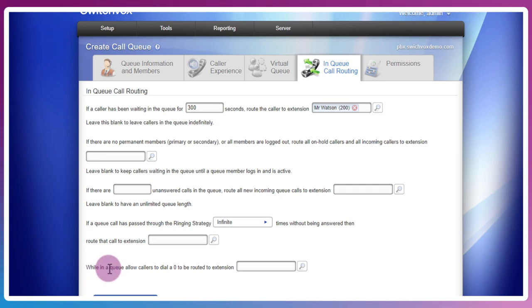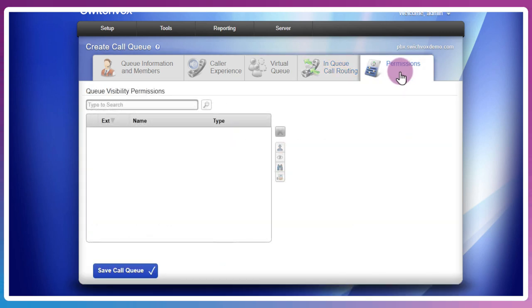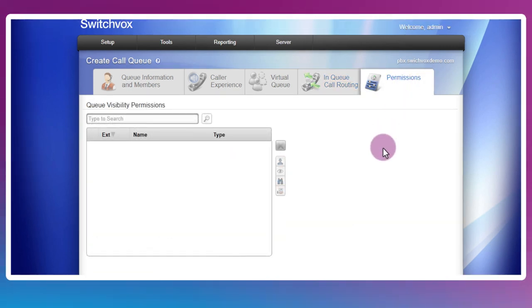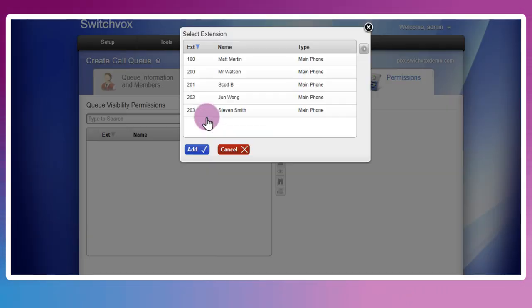We've got a number of different options that you can sift through as well, such as if they press 0, they'll be routed to an operator or a different extension of some type. And finally, we can set specific queue permissions on certain extensions. So if we want someone to have more managerial access to this queue, including reports and maybe live viewing through the switchboard, listening into queues and so forth, we can add those here.